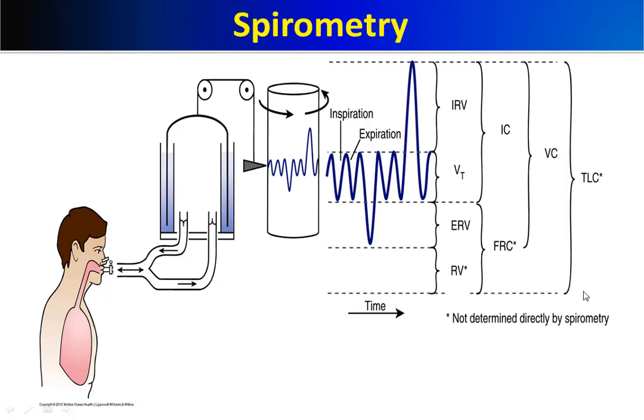So what's this total lung capacity? This is the total amount of air which we can have inside the two lungs after forced inspiration. So it is composed of the inspiratory reserve volume, the tidal volume, expiratory reserve volume, and residual volume. Can we measure the total lung capacity using this spirometer? We cannot. Why? Because it also includes the residual volume. Any capacity which includes the residual volume, we cannot measure it using the spirometer, since we cannot measure the residual volume itself using the spirometer.